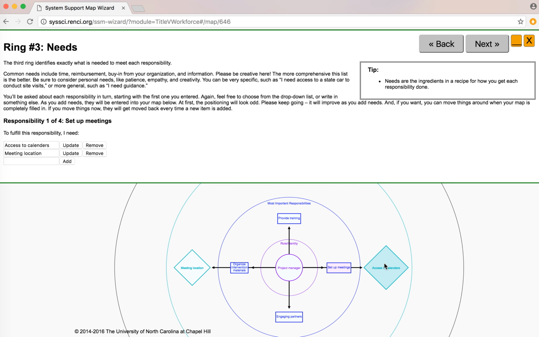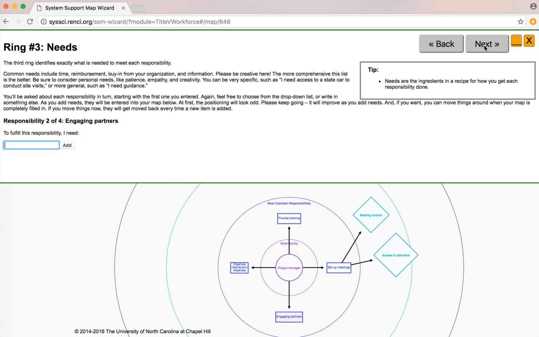So if I were to click on this need and move it around, I see that the arrow is originating from that particular responsibility right here. And here it's kind of hard to see because the arrow is overlapping, but if I move it over here, you see that this arrow is originating from the responsibility number 1 right here. And once I'm done with this responsibility, once I'm done writing all the needs I have for this responsibility, I say next,